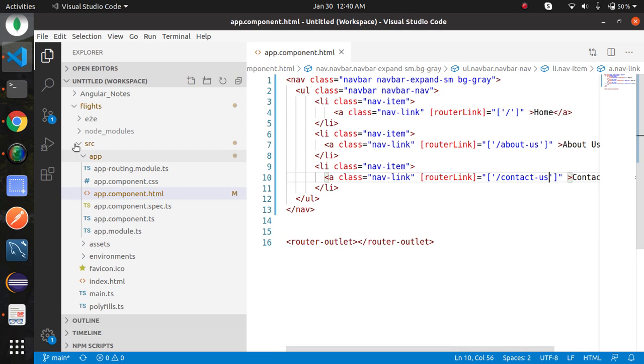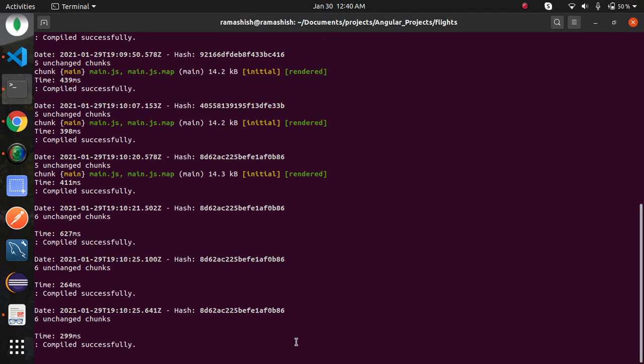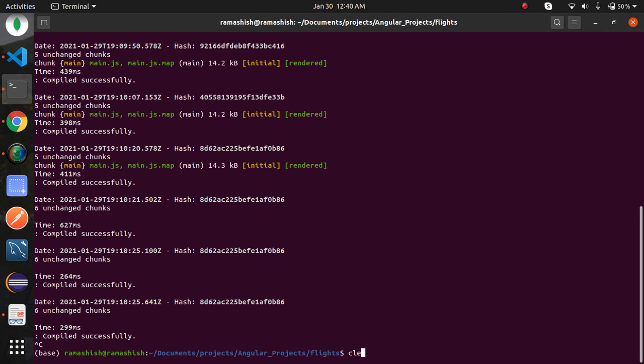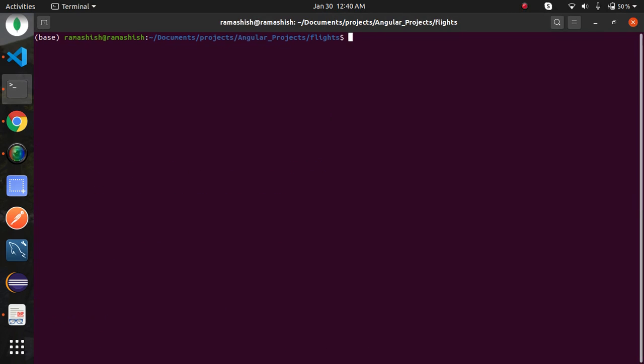Now go to your command line and create the components about us and contact us. To create a new component, use the command ng g for generate, c for component, and the name of the component.